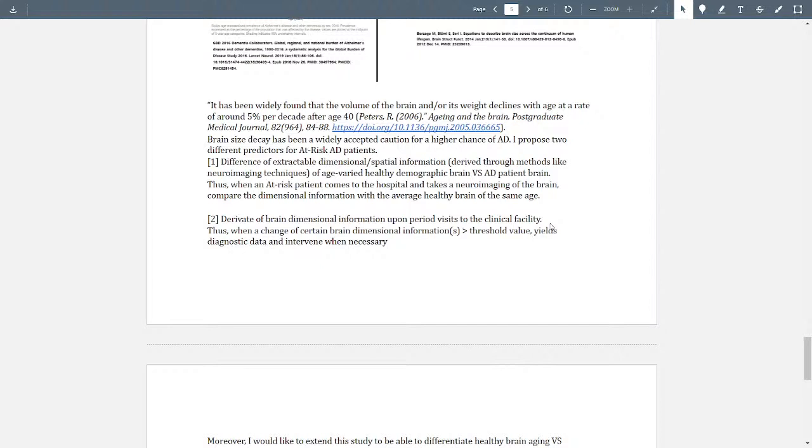Maybe, given that the patient visits the hospital periodically, let's say every 5 years, then looking at this patient's past data and the current data from 5 years ago, there could be a derivative of spatial information change. And if this change is more than some kind of limit, then we could say, oh, hey, given this 5 years compared to the others,